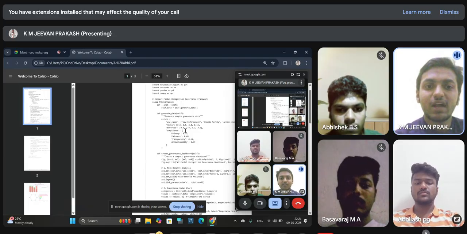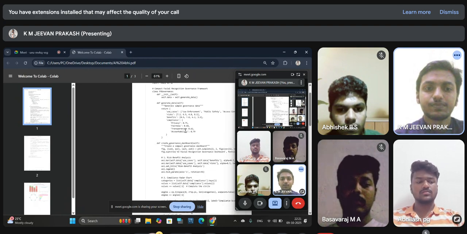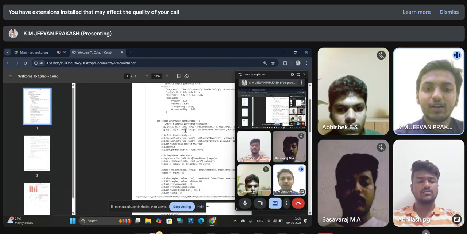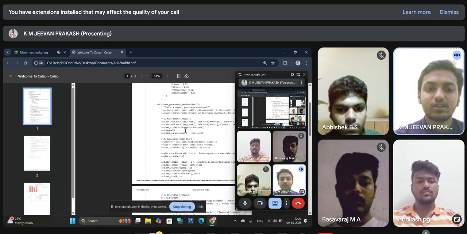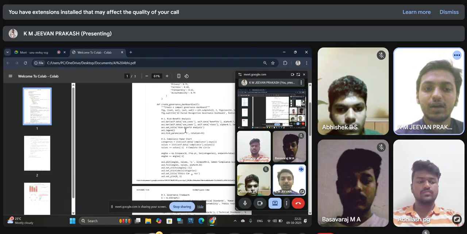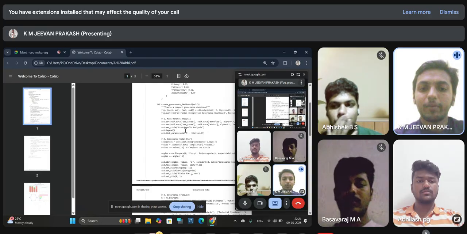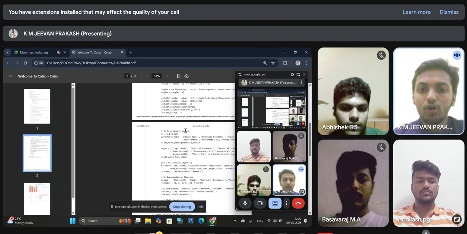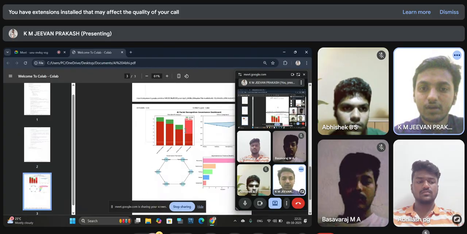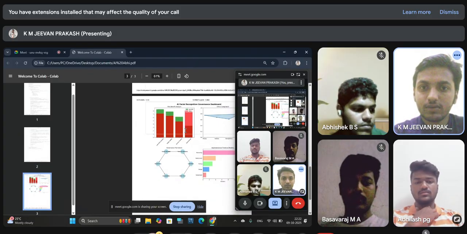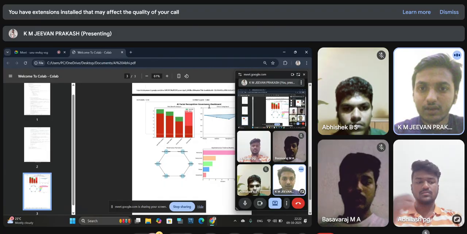It compares the risks and benefits across use cases, access impact, an implementation timeline outlining project phases, assessment and monitoring. Overall, it promotes ethical, transparent, and responsible AI deployment. Now I will show the graph output for AI facial recognition.